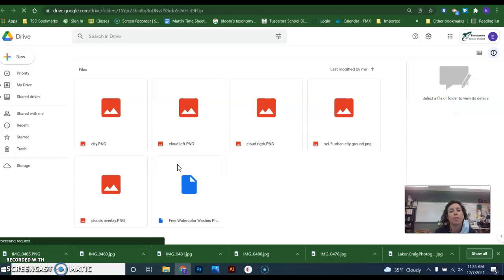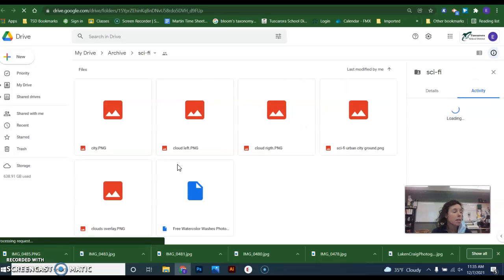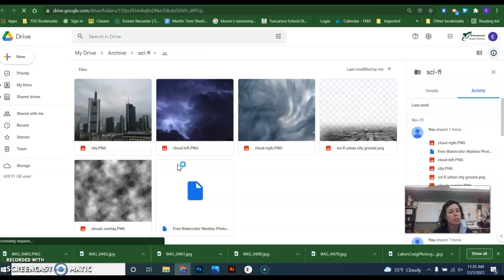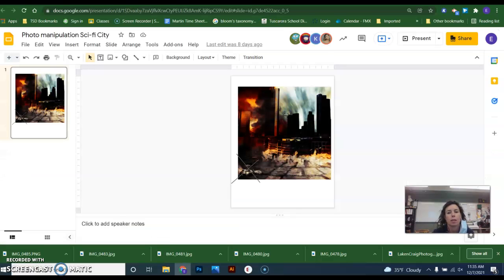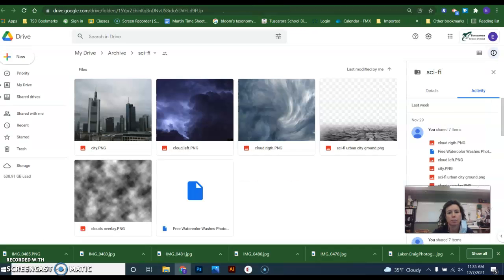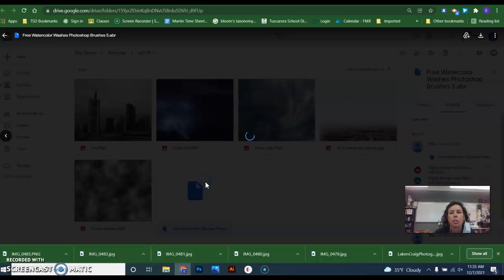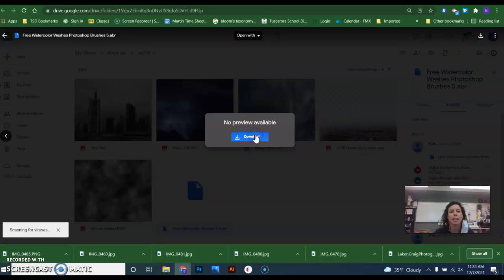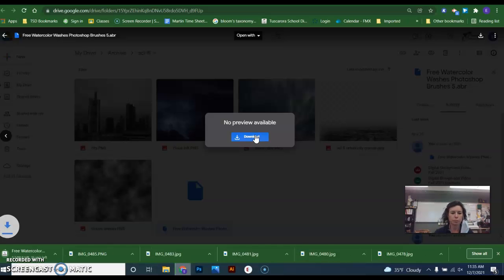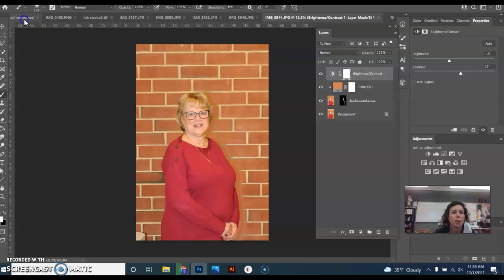Inside this Google Drive folder are the images that were used to develop this image. But you're going to notice one that's not an image. These are brushes. Okay, so I want to go through how to install these brushes. So the first thing I need to do is download the brushes. And after I download the brushes, back in Photoshop,